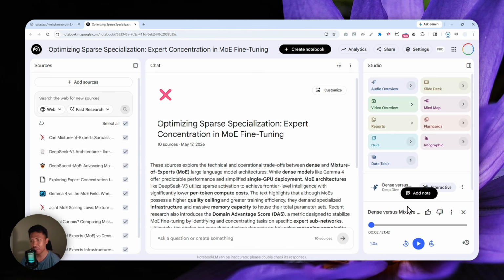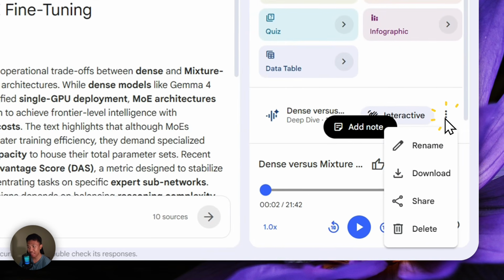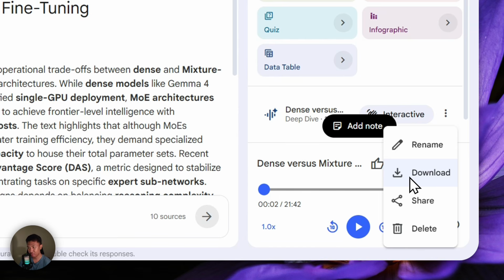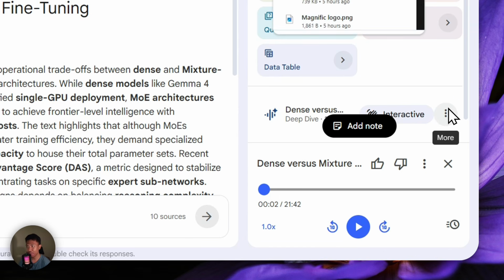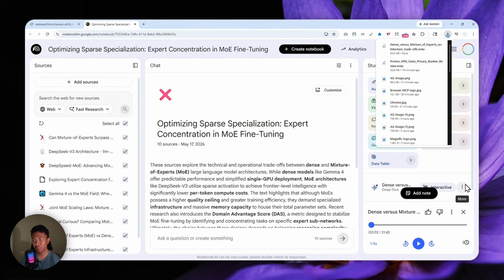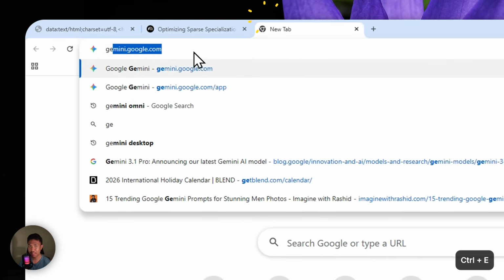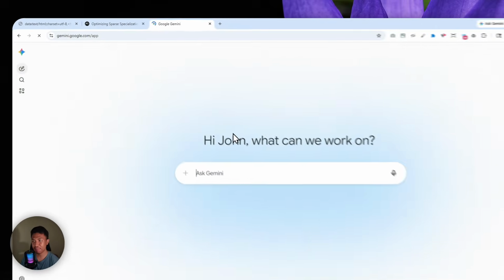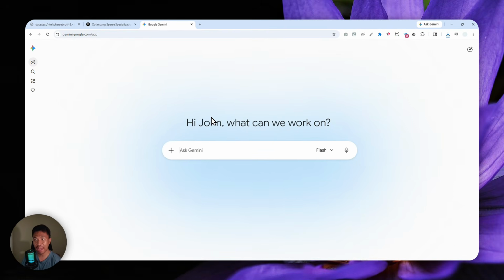So first, you need to open the audio overview, and then you have to open the more menu and then download the file to your computer. So you'll get an audio file, usually in the M4A format. Okay, there you go. Now, I highly recommend to use Gemini because Gemini actually has a built-in transcription capability and